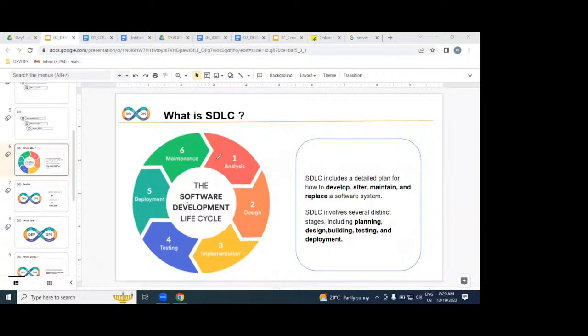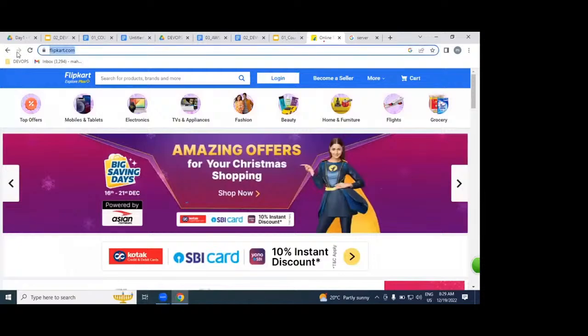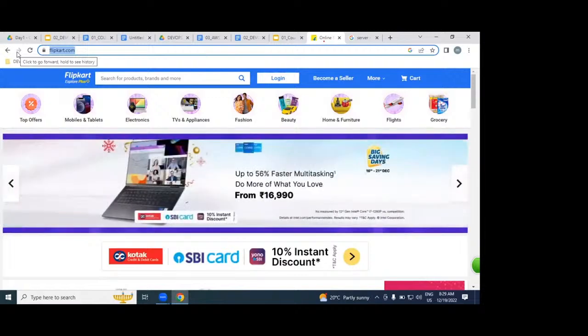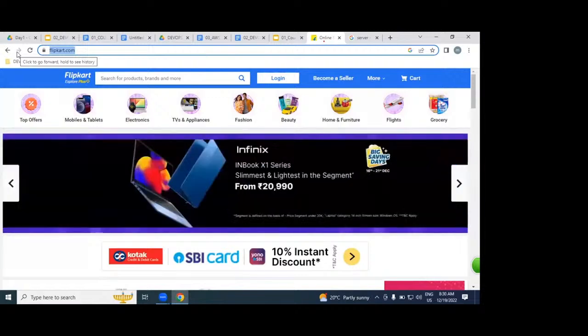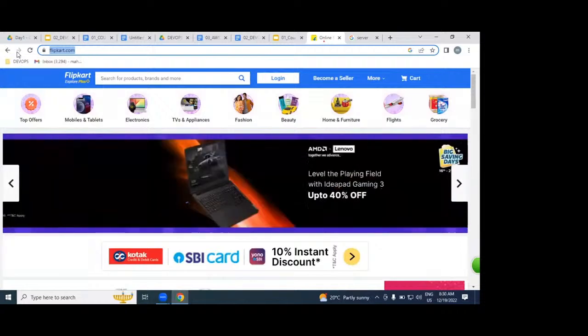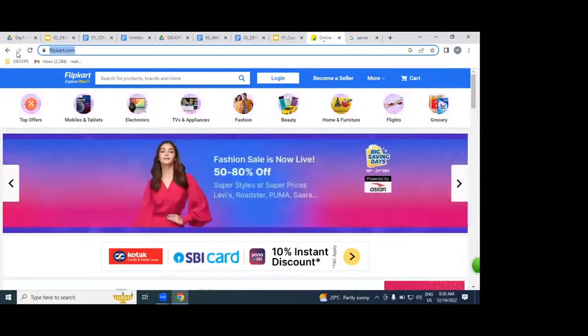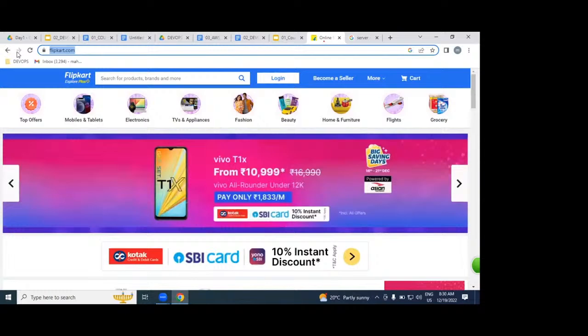Let us understand what is the role of the phases and stages. For example, I want to build a Flipkart kind of application. Can I build this overnight? Within a day, overnight, can I get this Flipkart kind of application? Please tell me. No, we can't. I'm going to ask you one more question. Please answer me. Can you build an apartment overnight? Within a day, can you build it?